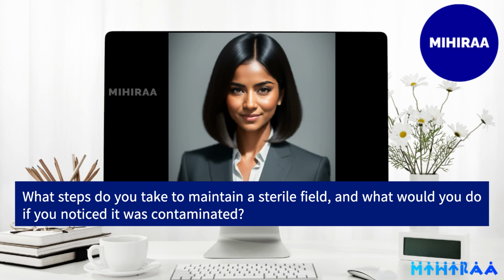Firstly, the sterile field is established as close to the time of use as possible and is never left unattended. Once a field is created, I ensure that all sterile items are kept above waist level, as anything below the waist is considered contaminated due to the difficulty of keeping it in constant view. I never turn my back on the sterile field, as this would break my line of sight and potentially lead